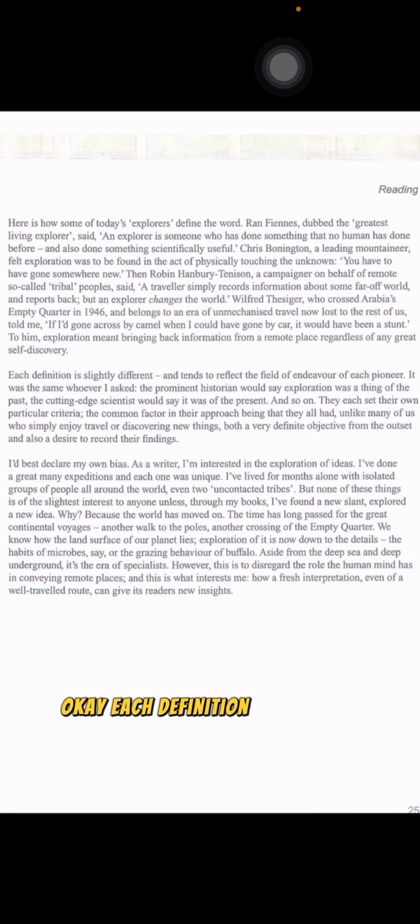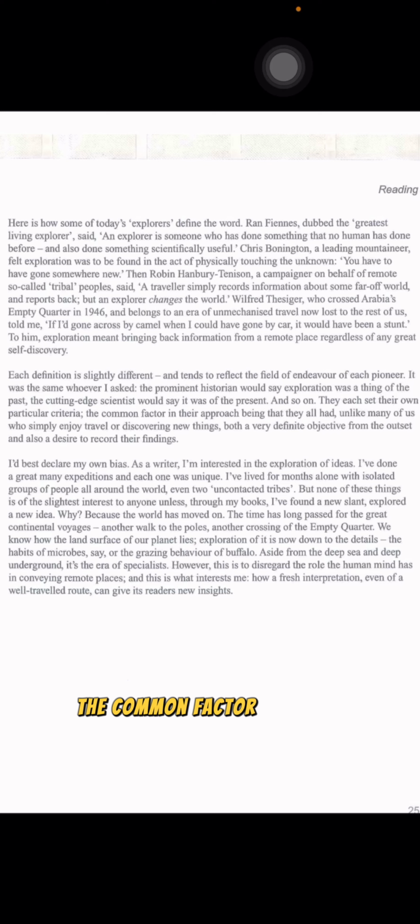Each definition is slightly different and tends to reflect the field of endeavor of each pioneer. It was the same whoever I asked. The prominent historian would say exploration was a thing of the past. The cutting edge scientist would say it was of the present, and so on. They each set their own particular criteria to define